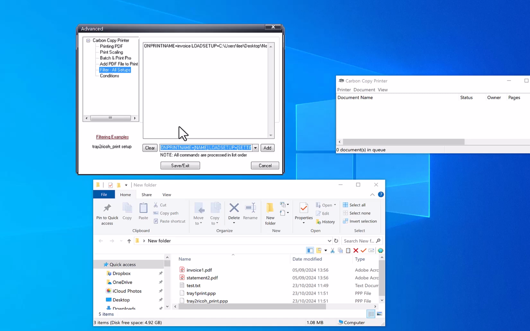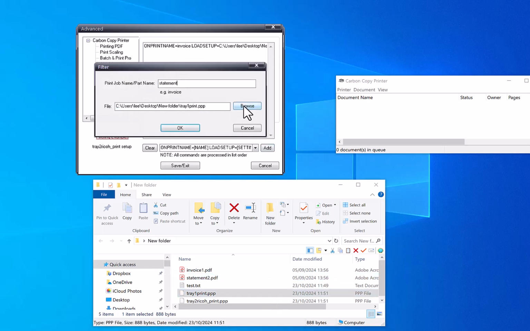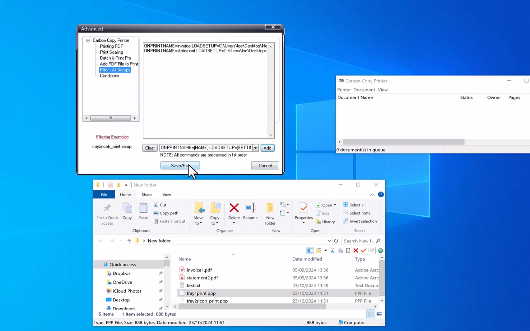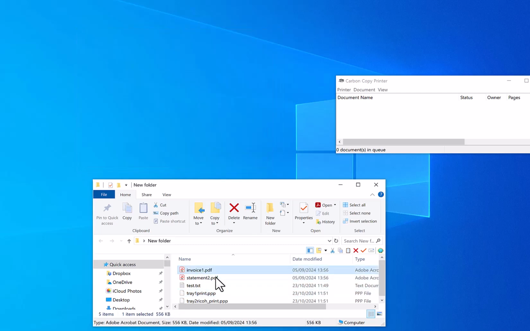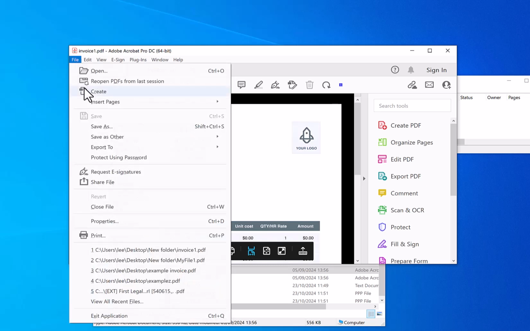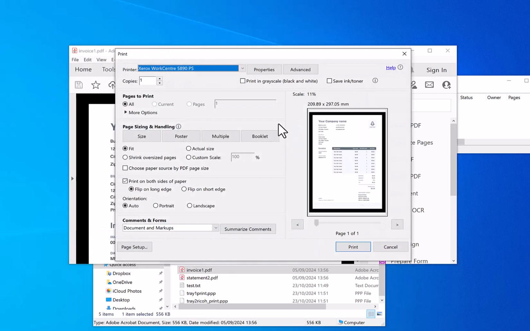Click OK. And then I want to set it again for statement. And I pick my other setting, like that, OK. So now I've got 2 setups, save and exit. If I close to save the settings, then I open say an invoice file and click print and send it